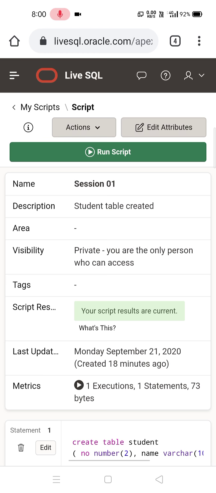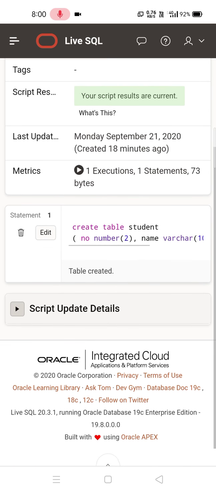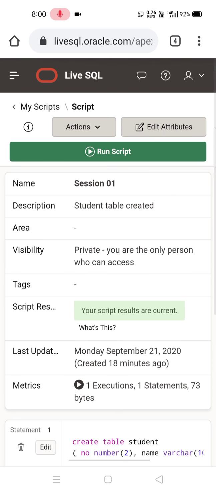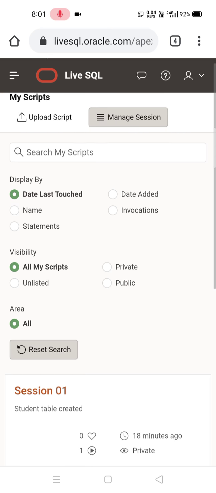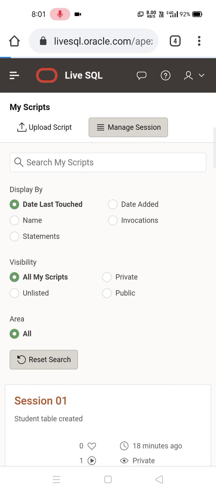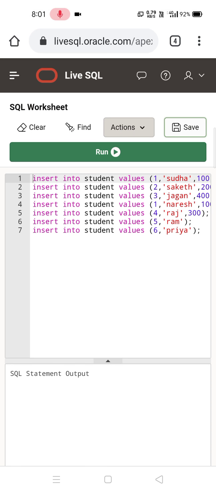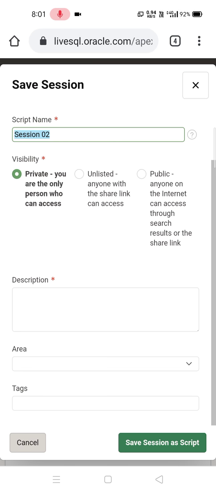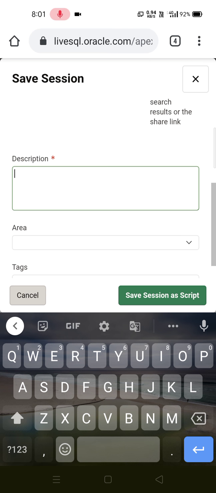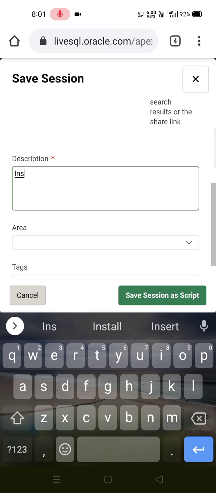We can see the script has been saved. You can write the name over there as insert query in student table.